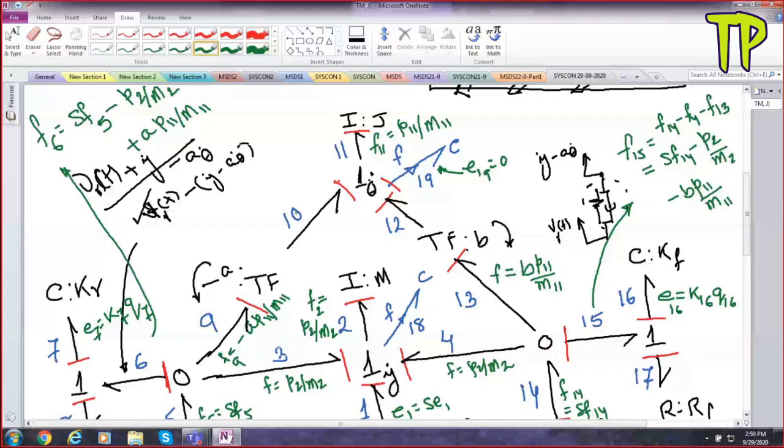Where is E10 coming from? E10 is coming from E9. Okay. Have we determined E9? We have just now determined E9. Whatever is equation for E3, same is equation for E9, all are same. Okay. So we have got E9. That E9 will multiply with minus A and apply on theta dot.